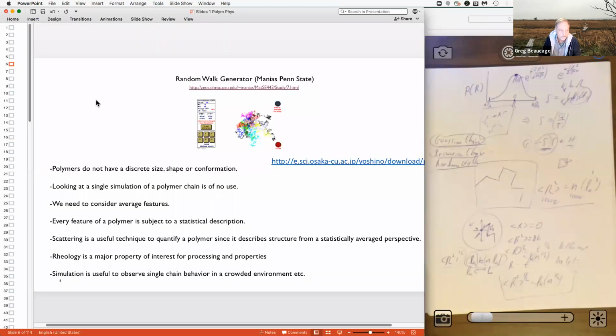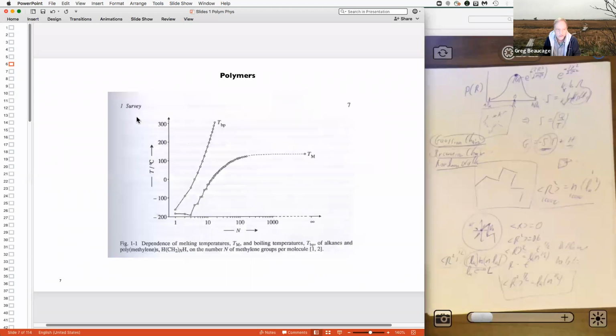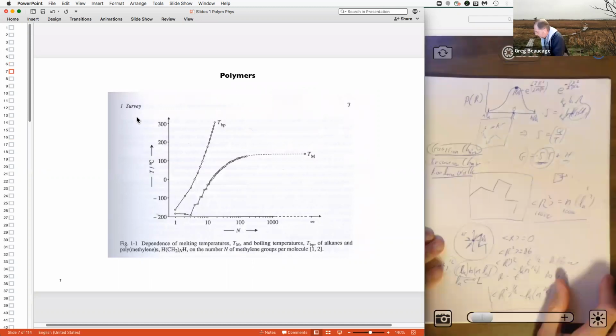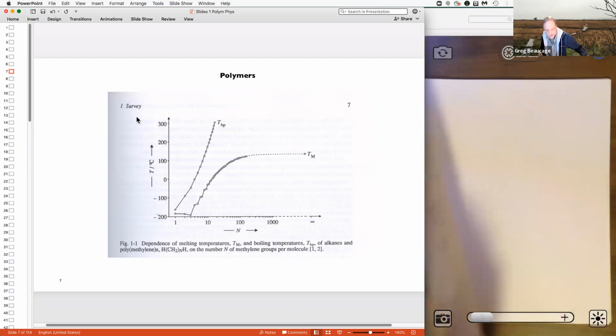That's the Gaussian idea. So there's other ways to talk about what a polymer is, right? So how to define a polymer. So from a perspective of crystallinity, right? So basically, if you take alkanes, I think I talked about this a little bit, but if you